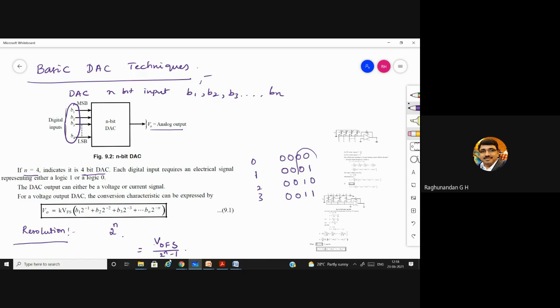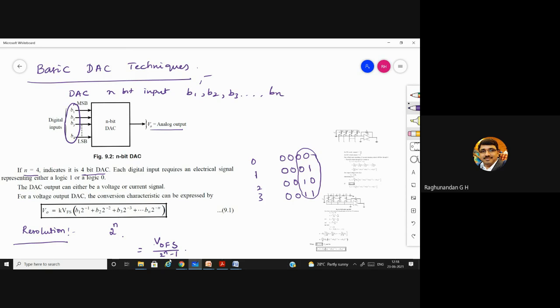From this we can observe that if there is any change in the output voltage value, then the change will occur from the LSB. For the next value, we are not getting a change in the MSB. The change is occurring at the LSB. At the lower bit values only, the change will occur. That is the meaning here: the output voltage change from a change in the LSB of a given digital input.